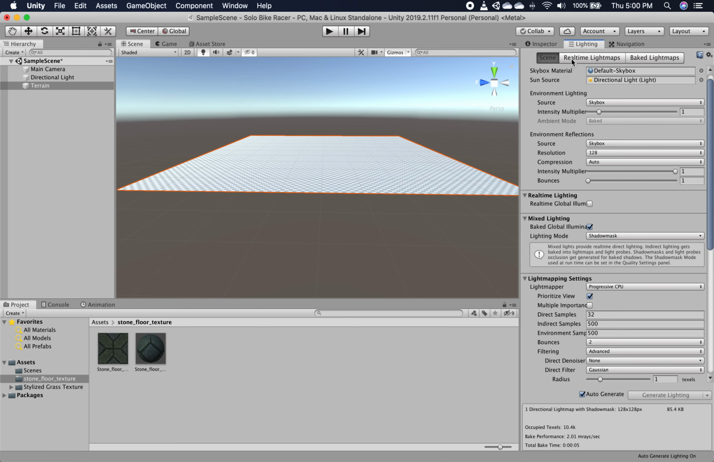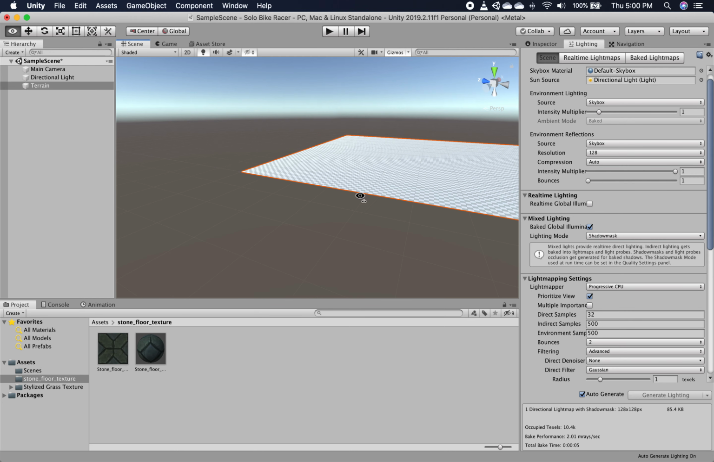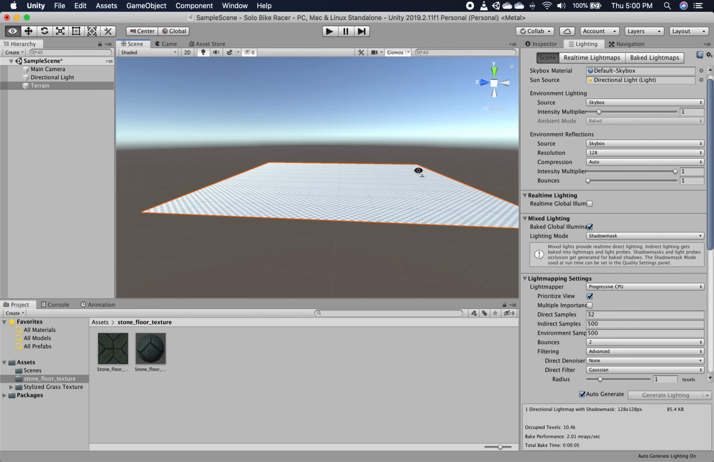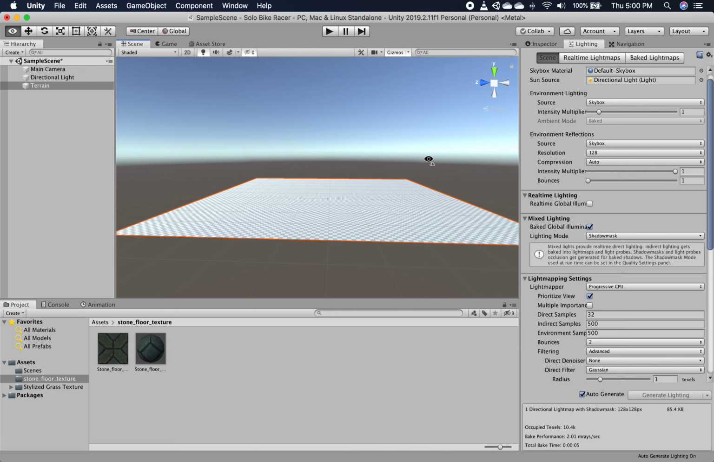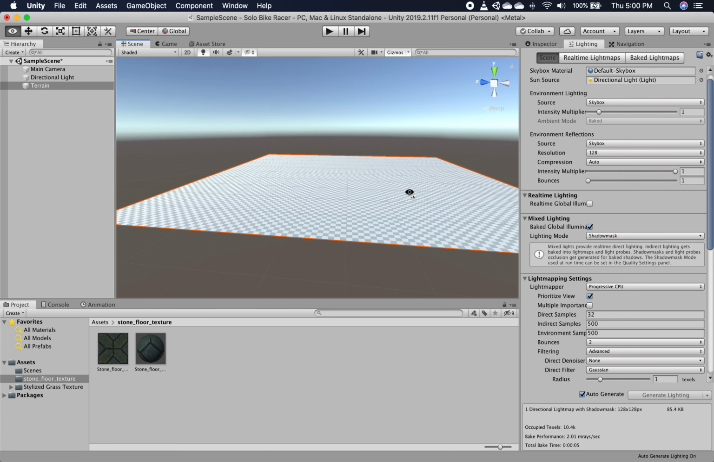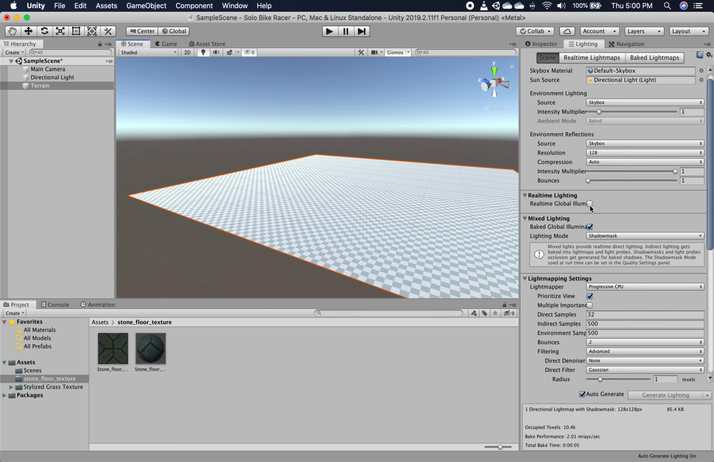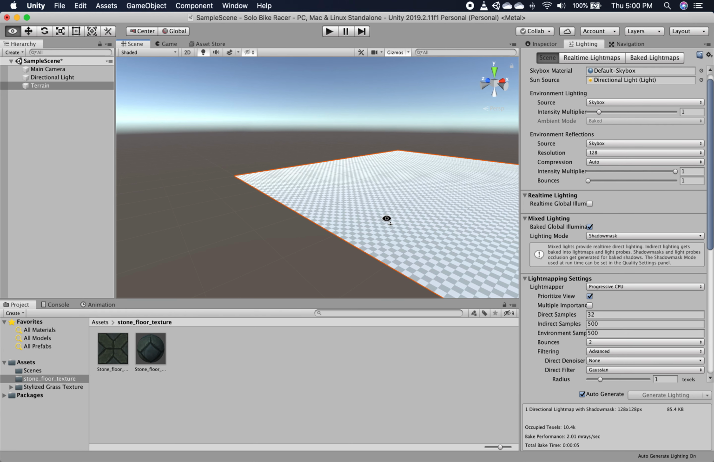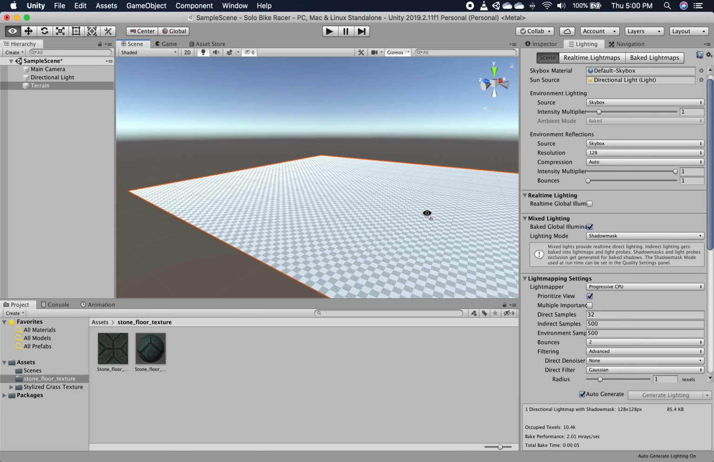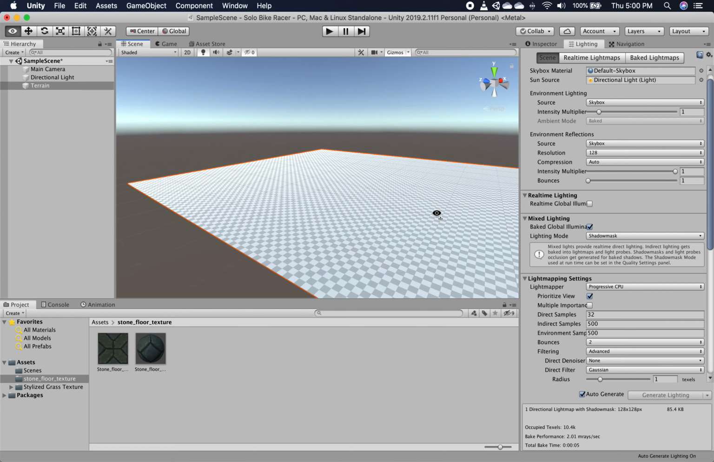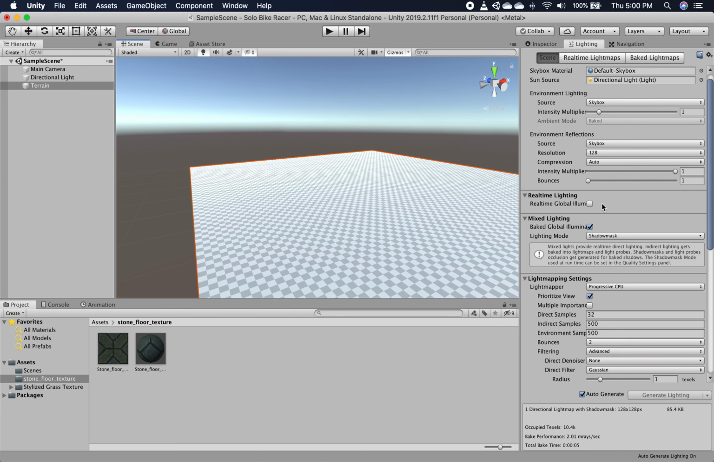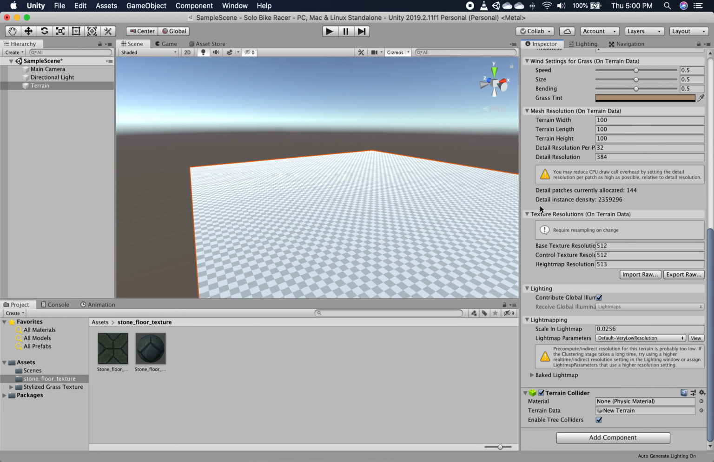So first of all, go to Windows and select rendering, select lighting settings. This will open this tab, and make sure you turn off this real-time global illumination. This is just for improving the performance while we are editing our scene, and you can keep it on if your laptop or your desktop is high-end. Mine is not, so I just turn it off. It will improve our